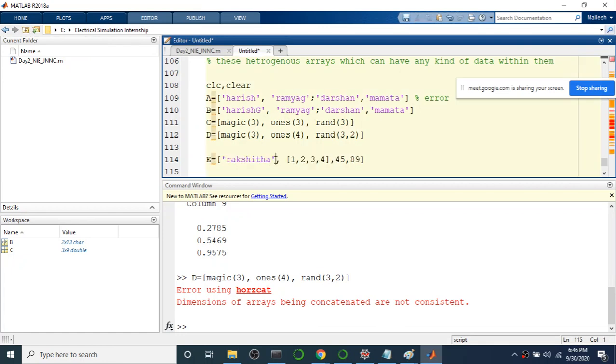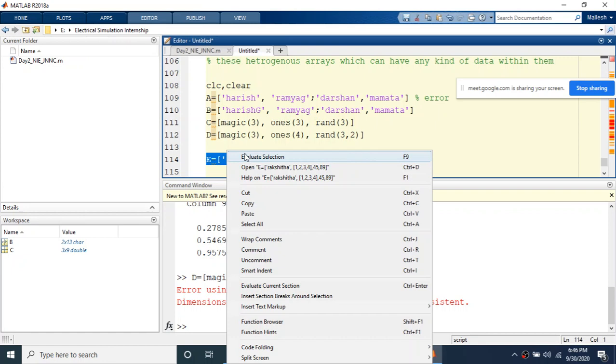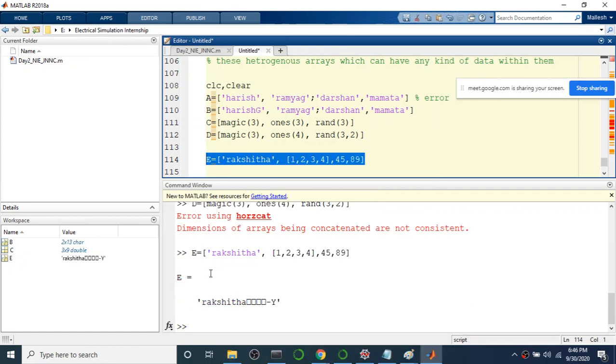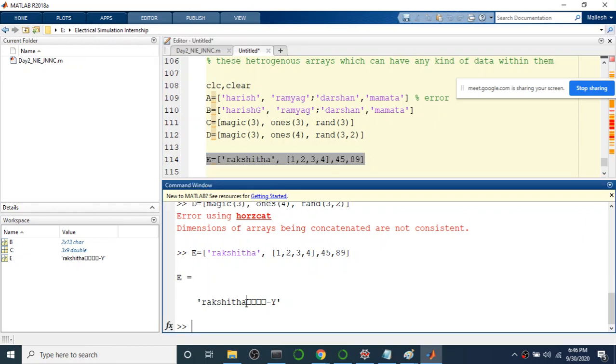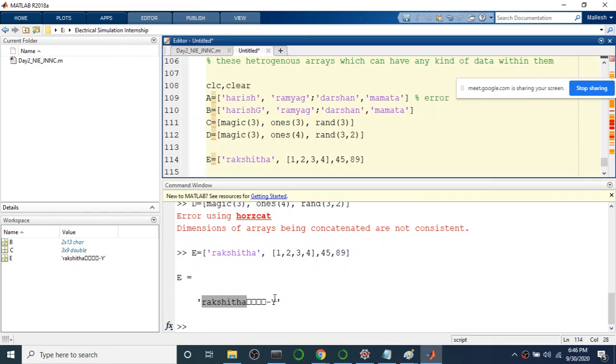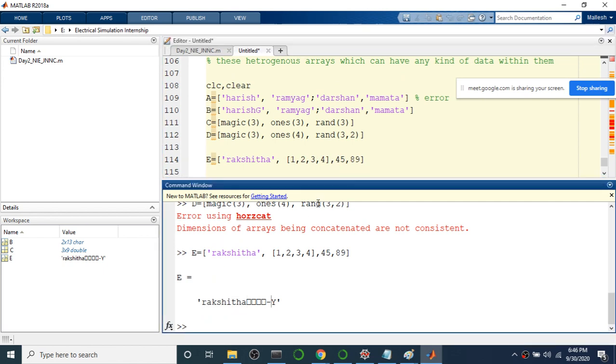Here I combine the string with numerical values. When I put two different types in a single variable, will I get an error or not? Let's see. I didn't get any error, but Rakshita is kept as it is, 1 2 3 4 is kept as a null character, 45 is shown as a hyphen, and 89 has been replaced with a capital Y.